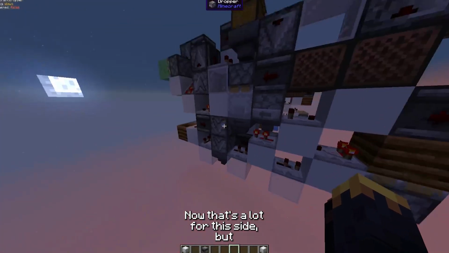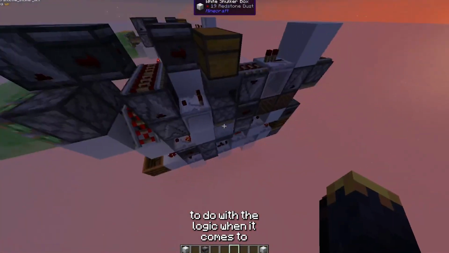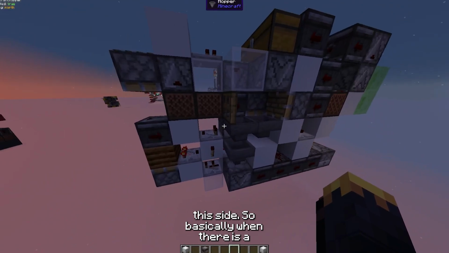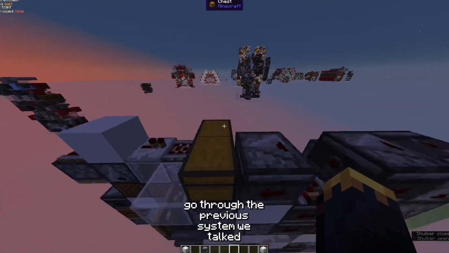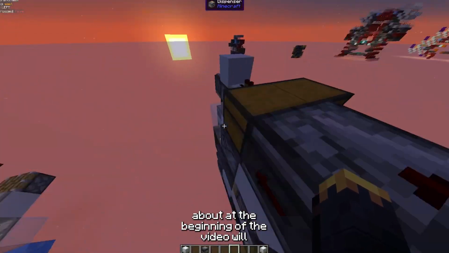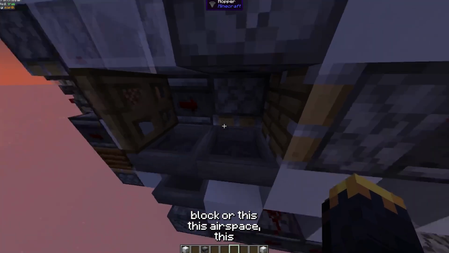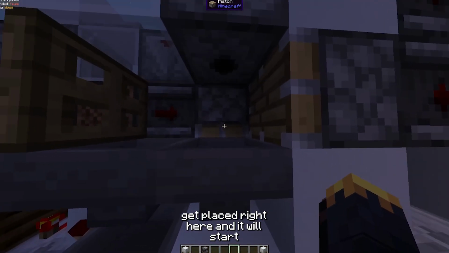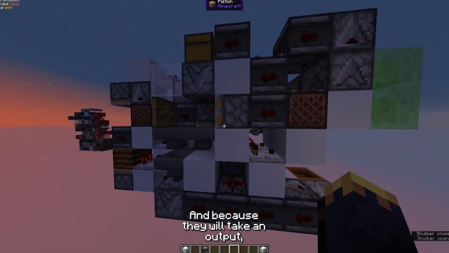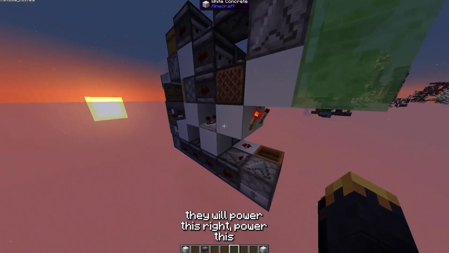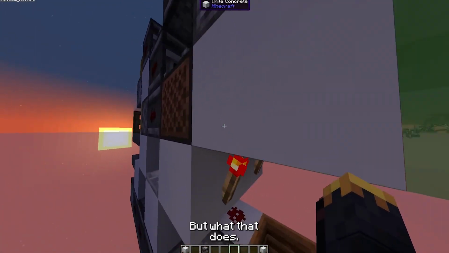Now, that's a lot for this side, but there's a bit that mainly has to do with the logic when it comes to this side. So basically, when there is a box right here, any items that go through the previous system we talked about at the beginning of the video will just get spat out into this block, this airspace right here. So the shulker box will get placed right here, and it will start feeding into this shulker box right here. And because they will take an output, they will power the comparator right here, which will unpower this redstone torch. But what that does